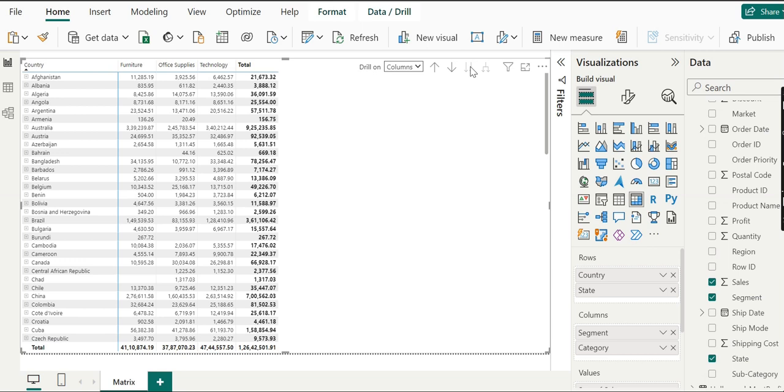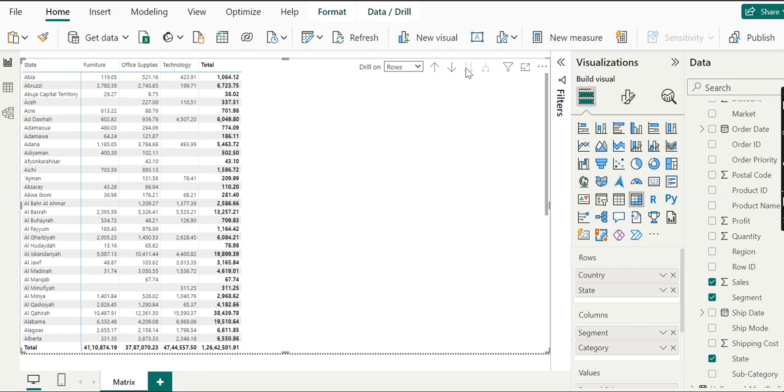These are changed to furniture, office supplies, and technology. So this is quite different. Now we will change our selection to rows, and again you can see a change in appearance. We are now drilling down on furniture, office supplies, and technology.